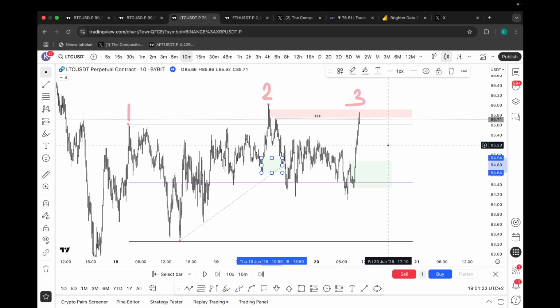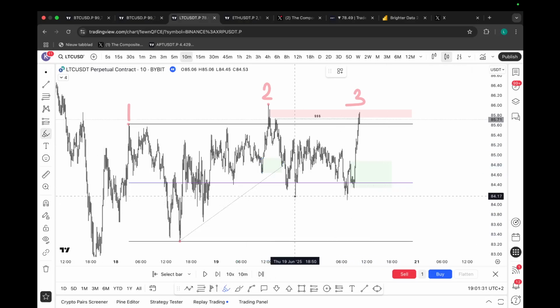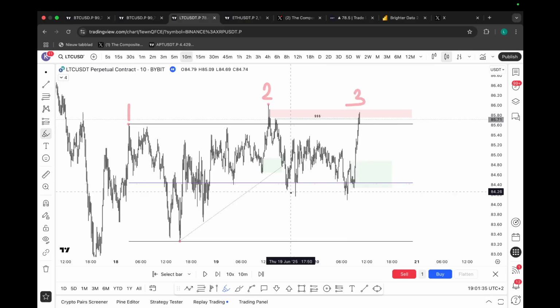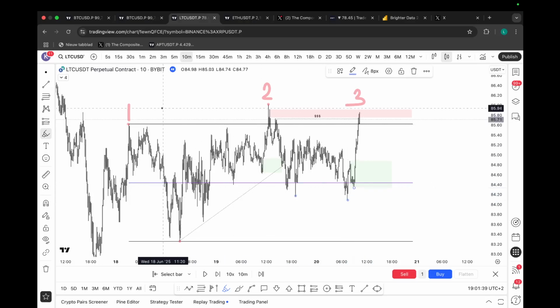Now, two things that I like to talk about basically every single day. It happens all the time that you can get an accumulation model against you that creates the higher time frame third tap of the opposing model, meaning you have some sort of a potential higher time frame distribution in the making. It happens all the time that you get these lower time frame accumulation models that create the third tap of the higher time frame distribution model. Happens all the time on any time frame, literally anywhere.